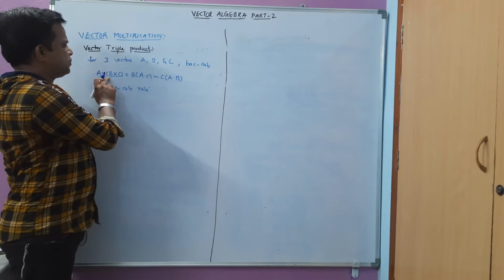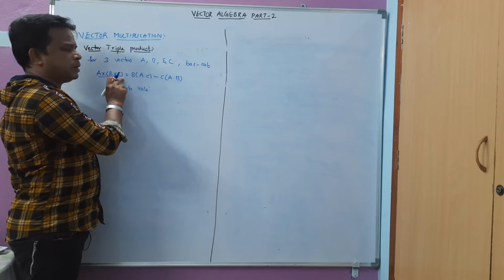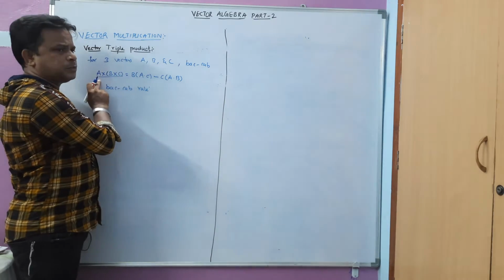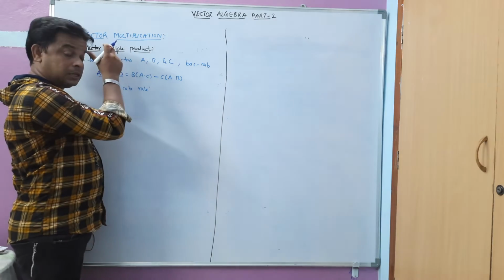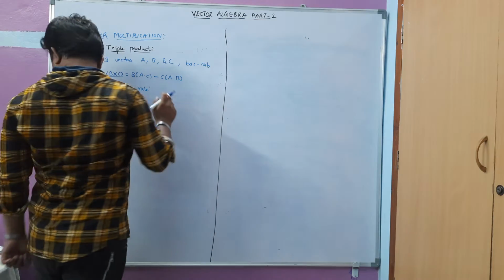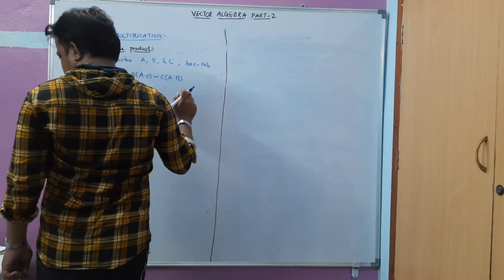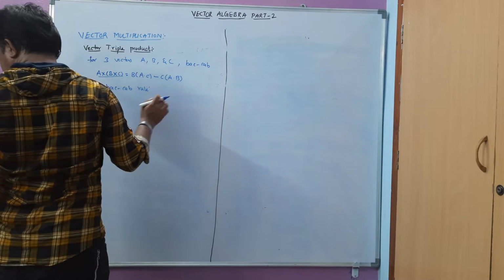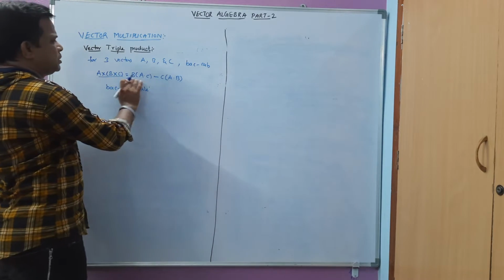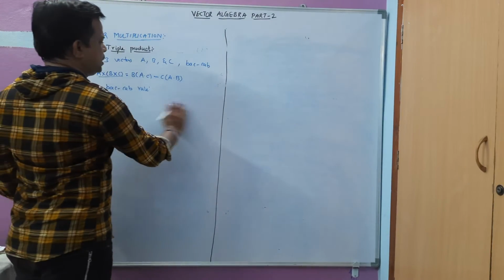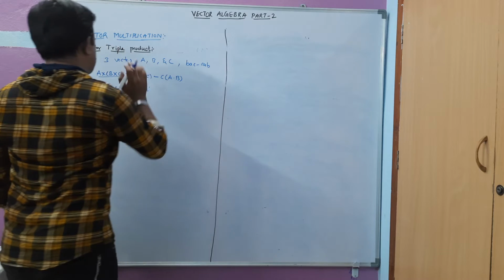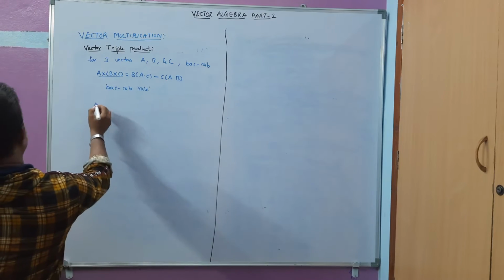We have to perform the first two cross products, and next we have to take the cross product of this result. We have to perform the cross product two times here. We can also have the proof for this one. Hope it is very easy. Let us see this proof here.